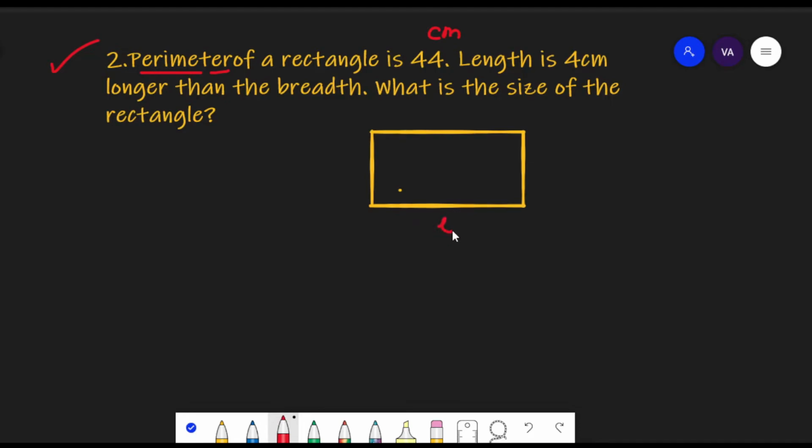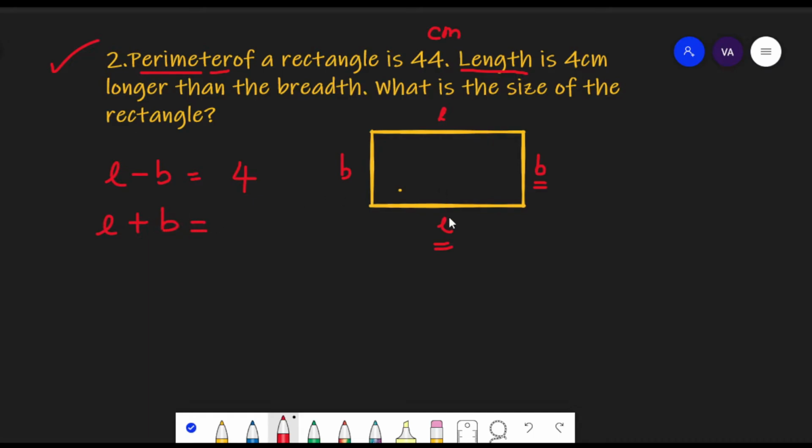We know a rectangle has a length and breadth. Here they have said that the length is 4 centimeters longer than the breadth, and you know that first we have to identify this as a sum and difference problem. So how will we identify? Since perimeter is given, two lengths and two breadths have been added, and length is 4 centimeters longer than the breadth. This length is longer than this breadth by 4 centimeters. Then that means the difference of length and breadth is given. So the difference, L minus B, length minus breadth, is 4 centimeters, which is given. And what is then L plus B?